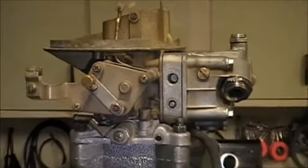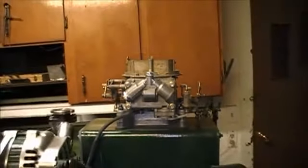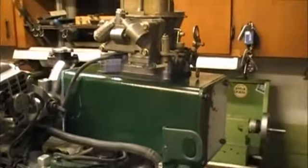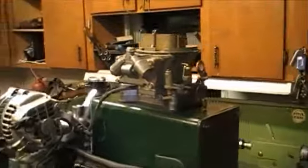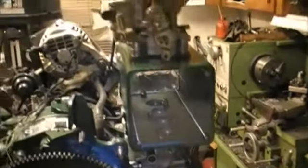The power valves in these, you can actually take them out and plug the hole off, and you go up somewhere 4 to 6 jet sizes, and you know, lean it down a little bit with the air screws, and you'll find that you've got a pretty responsive carburetor. I know there are those that don't like them and think they should be in a landfill somewhere, but each to his own. I would like to build one with 4 little short velocity stacks and 4 separate carburetors. I think it would be